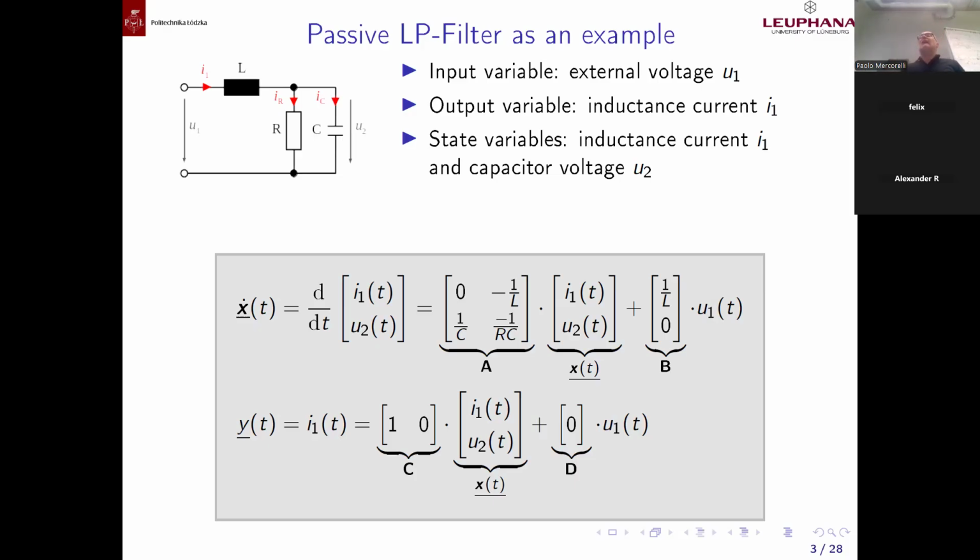Not necessarily I can choose the current I1. The current I1 is the current on the coil, no? As a possible output. Orientation means I have to choose when I choose input and output, or the inputs and outputs. I have an oriented system in the sense that I have an input, I have an output, so in this sense. The state variable or variables